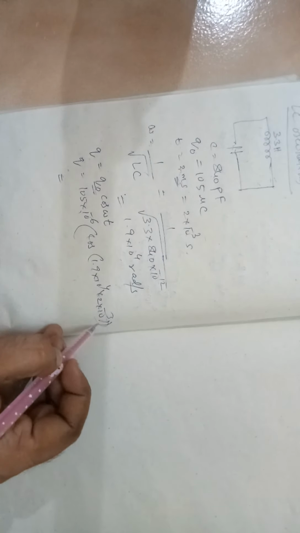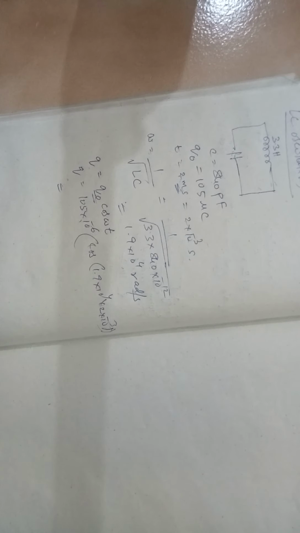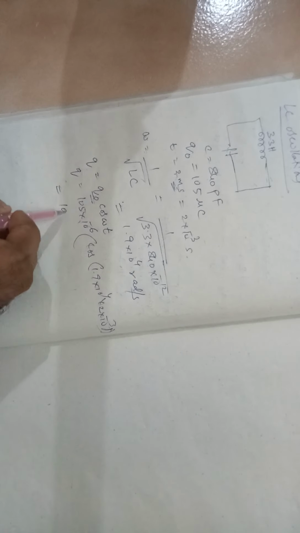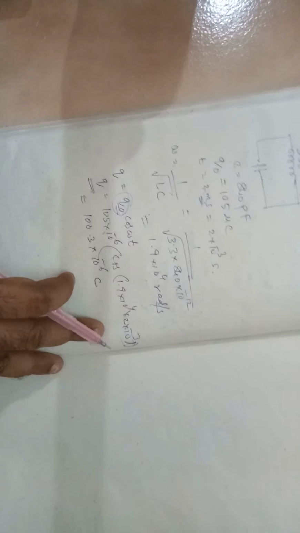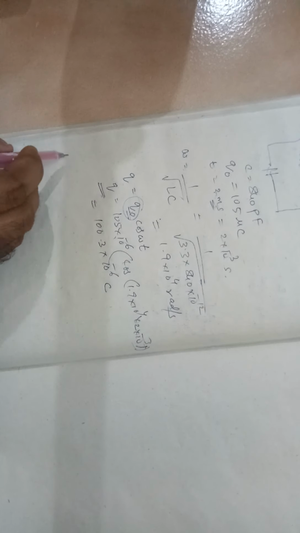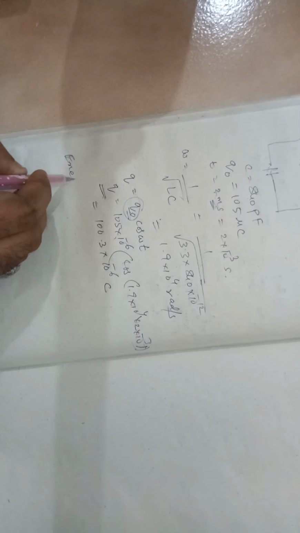So if we just calculate this, you get 100.3 into 10 to the power of minus 6 coulombs. Okay, this is Q at a particular instant of time. Q0 is the initial charge. So can we find out the energy stored in the capacitor now? The energy